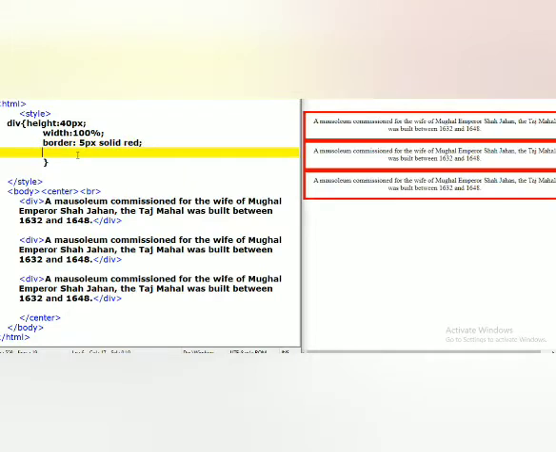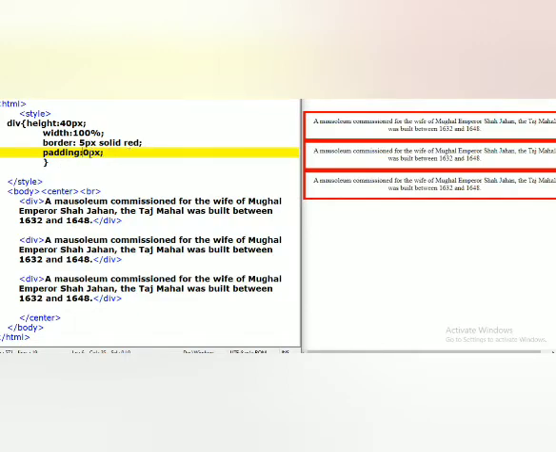Already we have seen different ways to apply the paddings here. So we will start with passing one value for padding. The name of the property will be padding, and here I am going to pass 10 pixels for all the sides of the division tags. Padding is used to apply spacing in between the border and the content of an element. So 10 pixels I am going to apply here. I am going to refresh here. Save this.